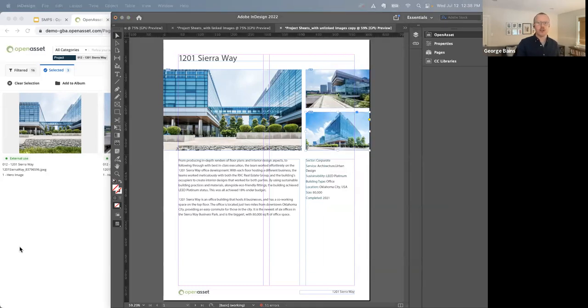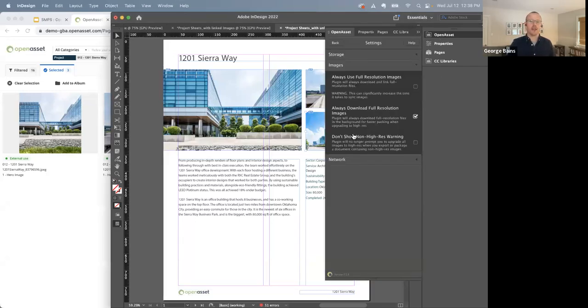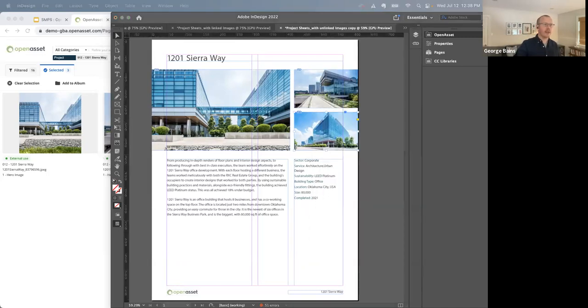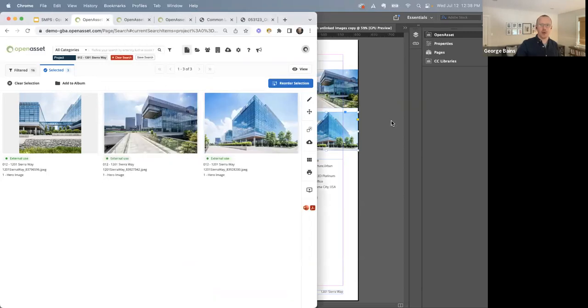Any InDesign user that has the OpenAsset plugin, whether or not they regularly access OpenAsset, they are able to log in, or they're able to have the plugin, which then populates these images in the document. So I think it's definitely important to make sure that as you're going through these documents